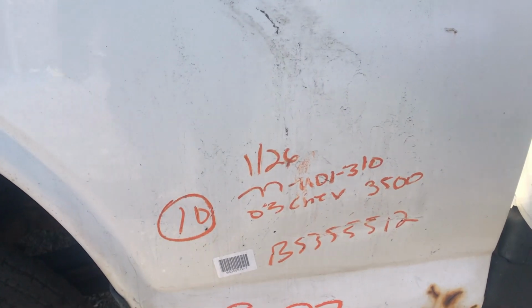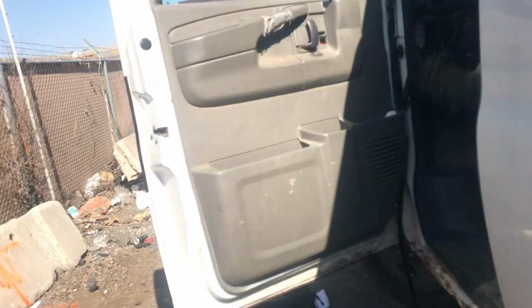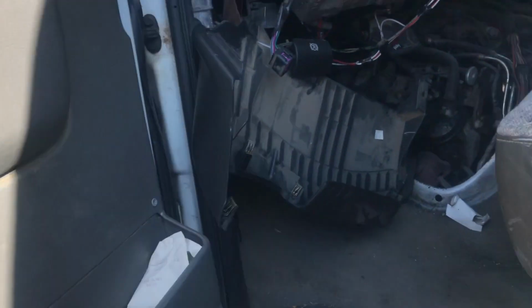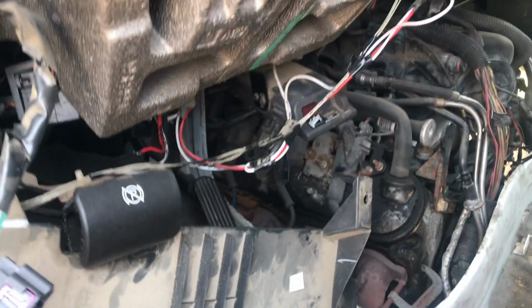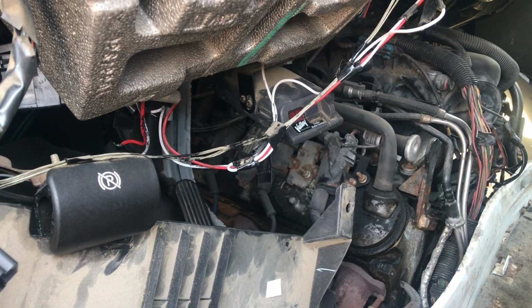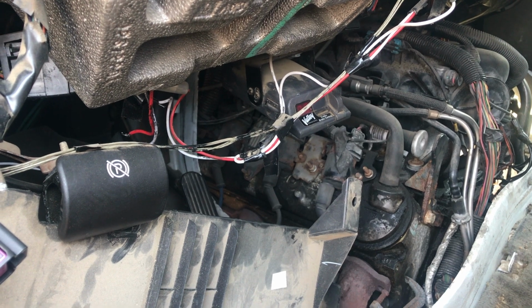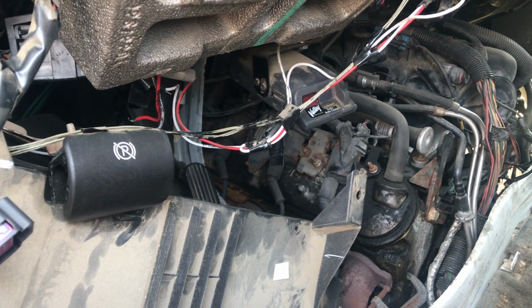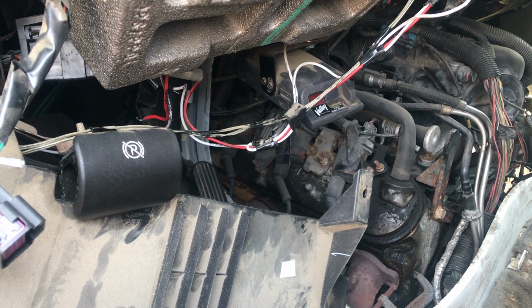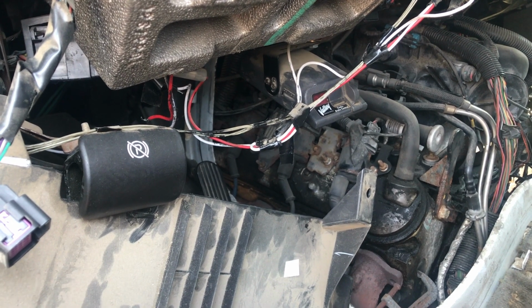This is a 03 Chevy 3500 Express, and last night I was looking up the inventory for Pick-n-Pull, and I saw a Chevy Express 3500 6.0. They got it in Tuesday and today's Saturday, so I was like, man, this thing's gone. But as you can see,